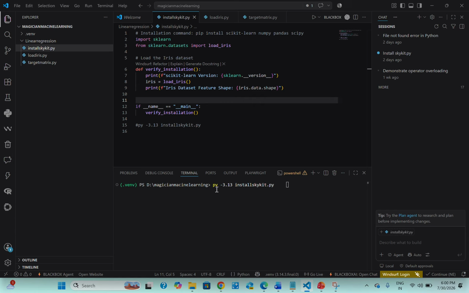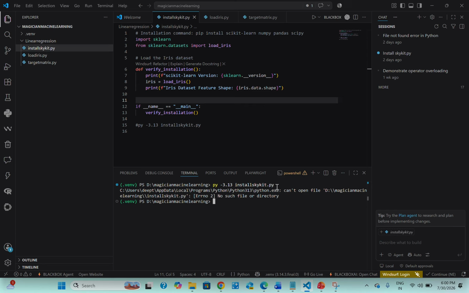Py is for Python and my version is 3.13, and then my file name, install_scikit.py. My agenda for this program is to set up my machine for the future classes. The user or practitioner can use a file name as per their requirement.